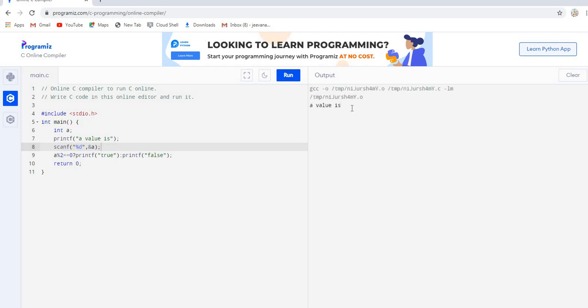It is asking me to enter the A value, so I'll take 6. Hence 6 is divisible by 2, it returns me the true value.